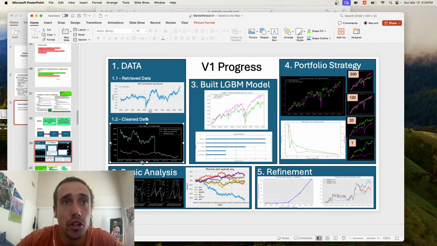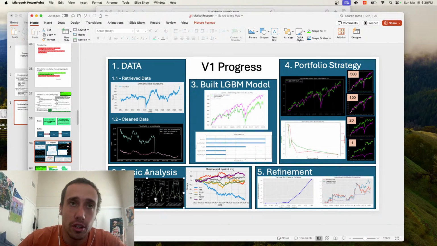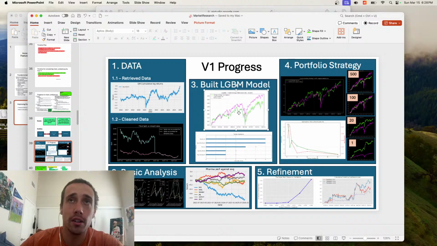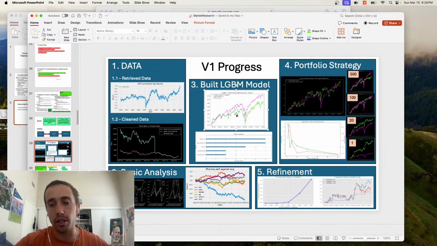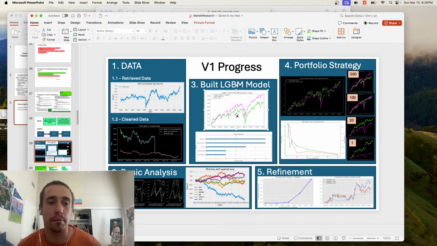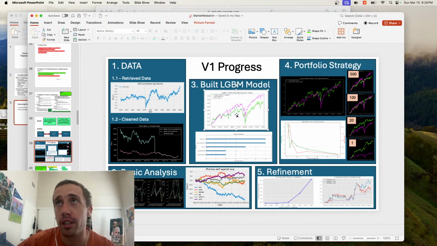That's in the description. Once I had that, I did a basic analysis. So this is fundamental variables. This is comparing different stocks in a sector, in this case, pharmaceuticals. Both of these are qualitative analysis, though, and it's hard to automate. So I wanted a quantitative analysis, so I incorporated everything into a light gradient boosting method. I was able to achieve 51.5% directional accuracy in the best case.